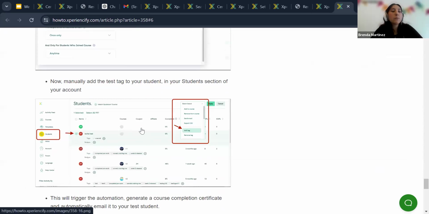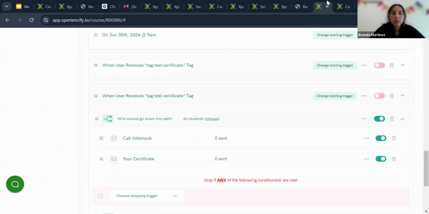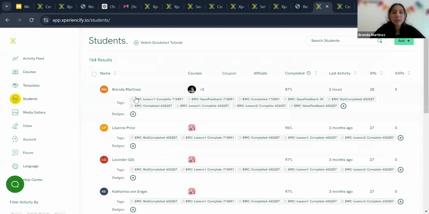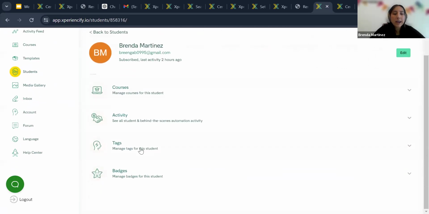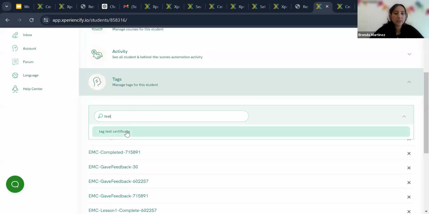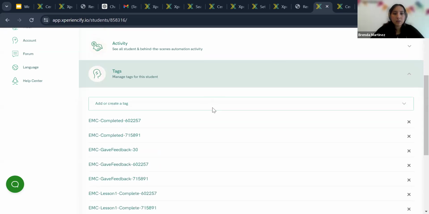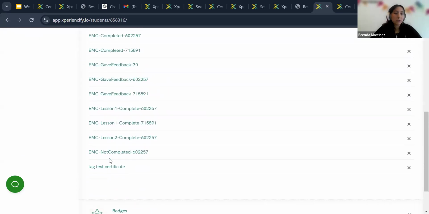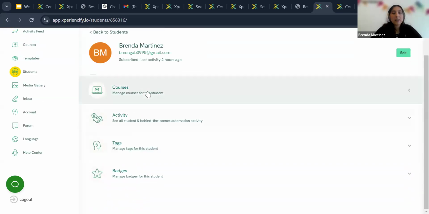Now, I will manually add the test tag to my student in the student section of my account. For example, I will go to my students, and this is the student test that I have, right? Here, I need to add the tag that will trigger the certificate. Test tag certificate. So I already added that trigger to my student. And then I will send